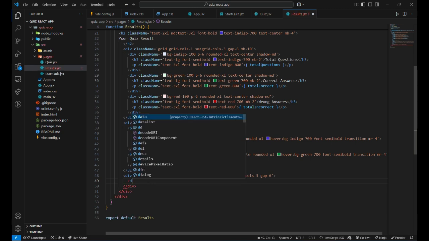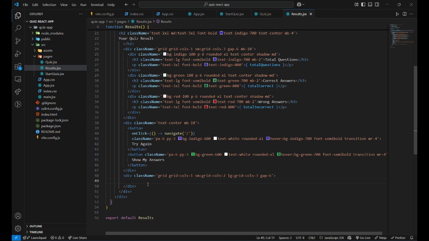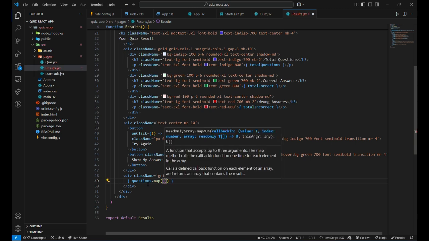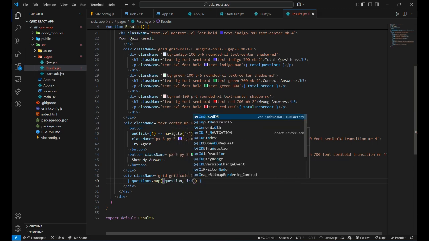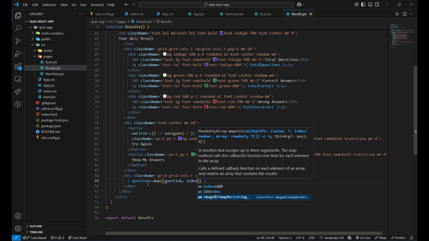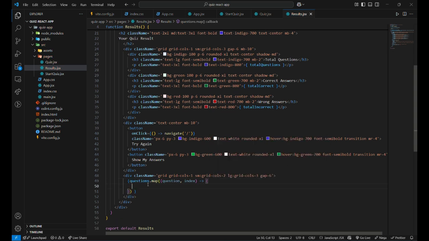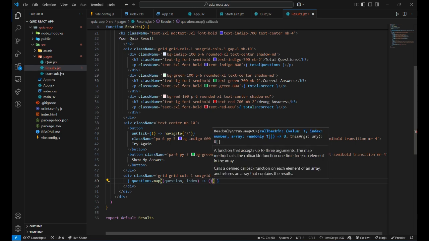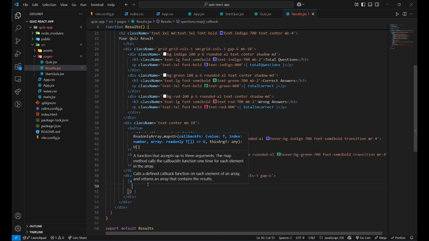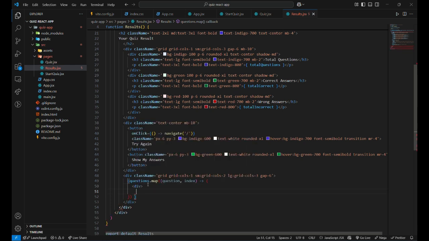and for that I'm going to create another div to show. For that I'm going to use the mapping function, questions.map, and I'm going to take each question, the index, okay, instead of curly brackets I should be giving an open and close bracket. Okay, so here I'm going to create a div element